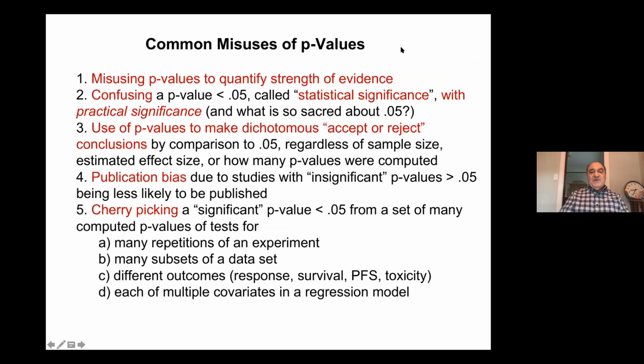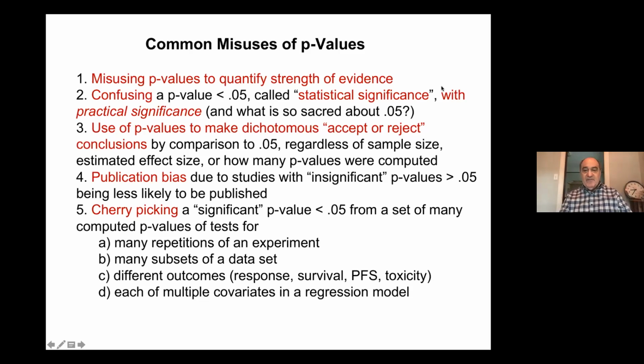Okay, so p-values are misused all the time, and I've made a kind of a laundry list of how they're misused. They're misused, first of all, to quantify strength of evidence. That's absurd, as I showed you by example. And here's the big one. It's confusing a p-value which is below 0.05 and calling it statistical significance with practical significance. And the question is, what's so sacred about 0.05? The fellow who invented modern statistics in the early 20th century, Ronald Fisher, was asked when he cooked these up, well, how small is small? And he says, oh, I should think that something that happens less than about 1 time in 20 ought to